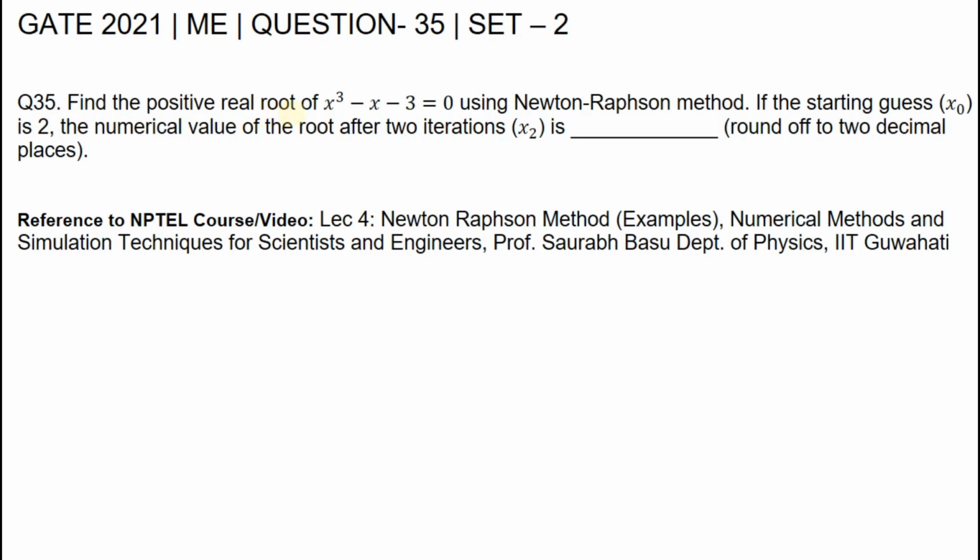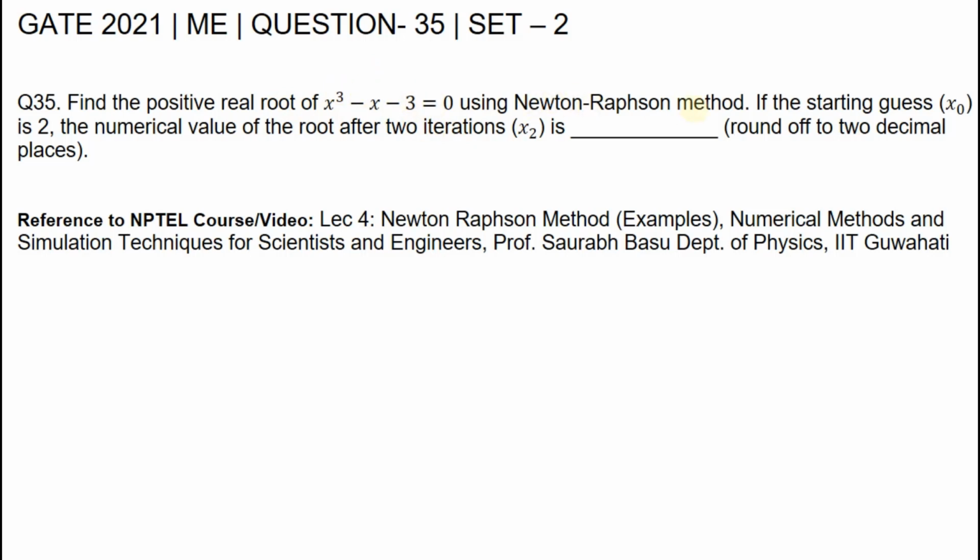Find the positive real root of x cube minus x minus 3 equal to 0 using the Newton-Raphson method. If the starting guess, that is x0, is 2, the numerical value of the root after 2 iterations, that is x2 rounded off to 2 decimal places, is. So we need to find the second iteration for this given equation